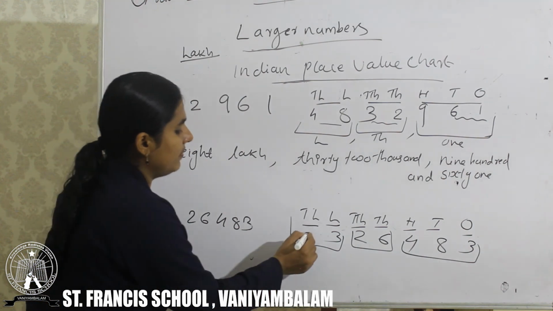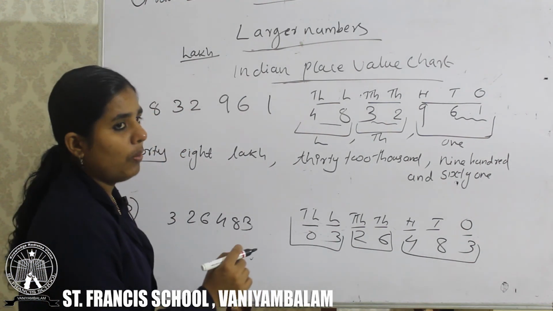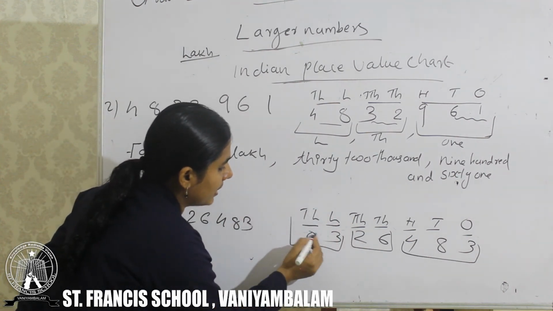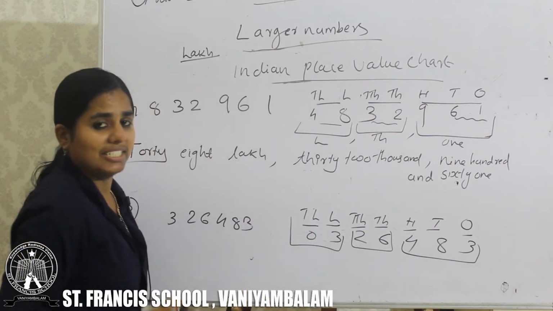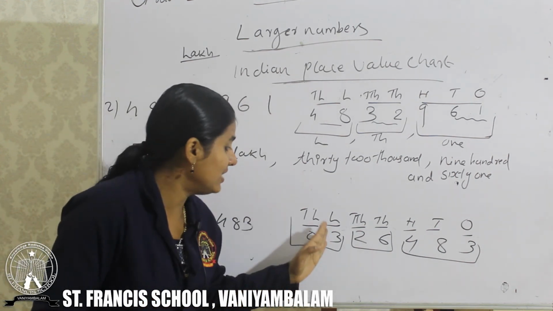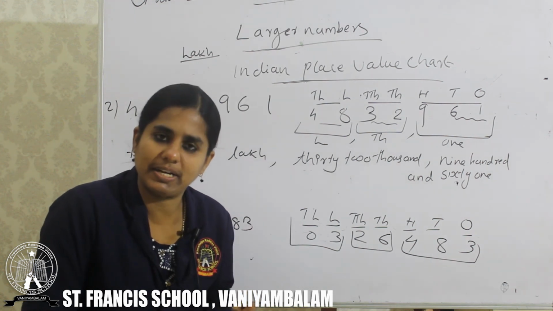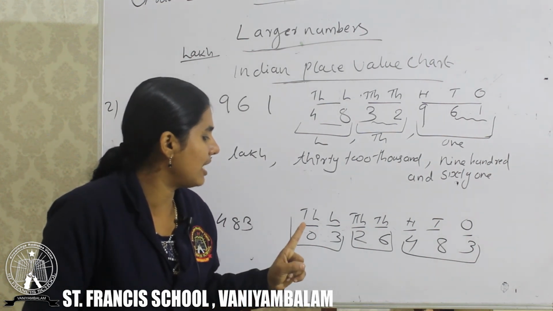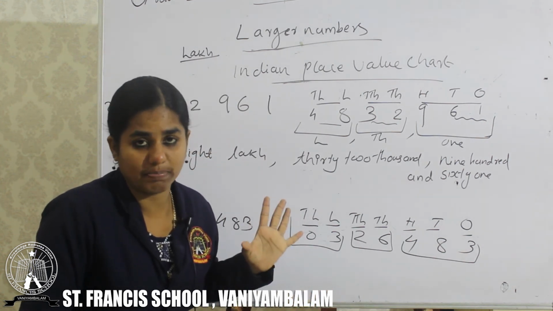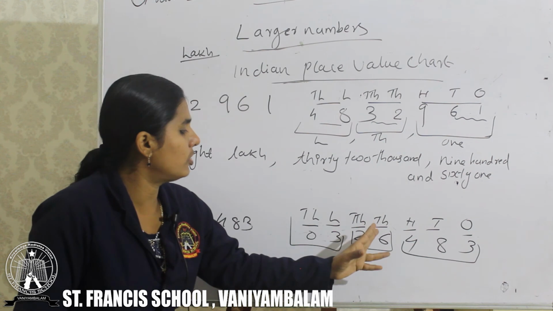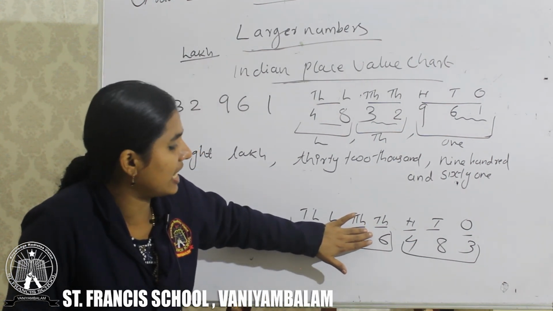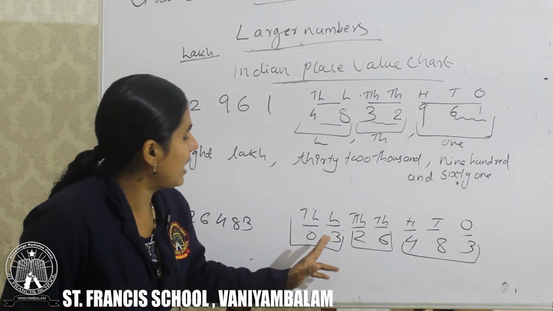In the lakh period we have which number? 0. Okay, now we can see how to read. Very simple. In the lakh period we have which number? Here we have only 3. Children, here you may look, here we have only a single-digit number. In which place do we want to write it? Lakh period. Every time we have a single-digit number, we want to write it on the right side of that place. Remember that? Then the thousands place also. Here we have only 6. Every time that 6 we want to write on the right side of that place. Okay. Here we have only 3.